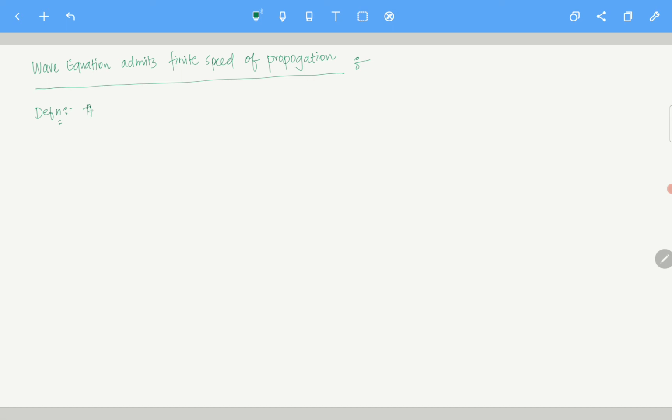A PDE, so you see, it has nothing to do with the wave equation. I mean, the definition has nothing to do specifically with the wave equation. This holds for heat also, wave also, or any other evolution equation, of course. So basically, given an evolution equation, this is the definition. An evolution equation is an equation which depends on time. So a PDE exhibits finite propagation speed